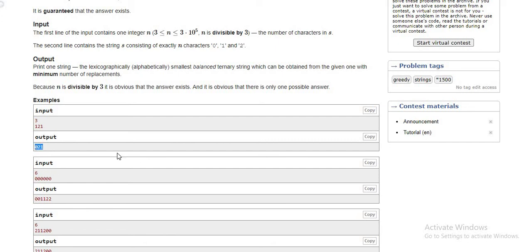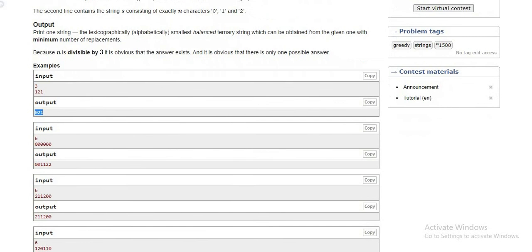Second example: the length of the string is 6 and there are 6 zeros in the string. The first thing in this problem is we have to perform the division operation on the length of the string.